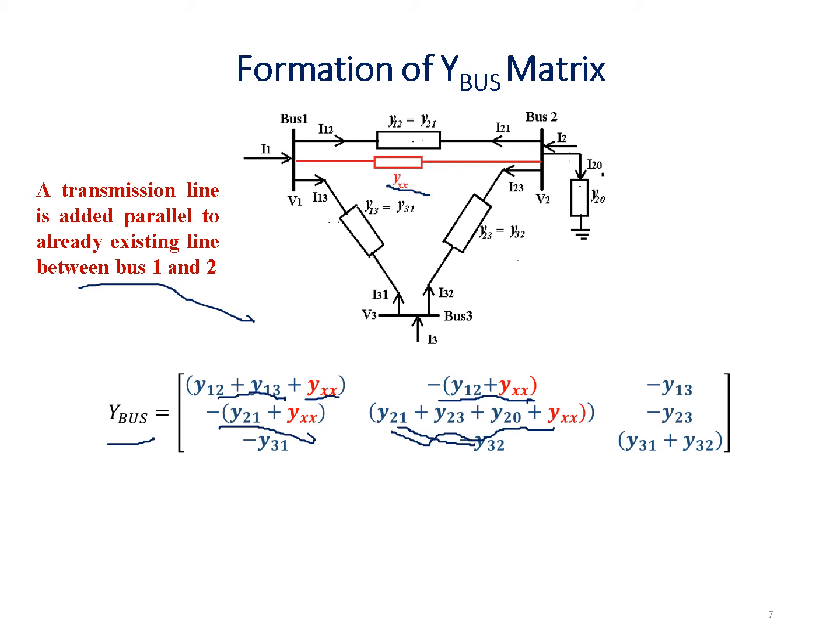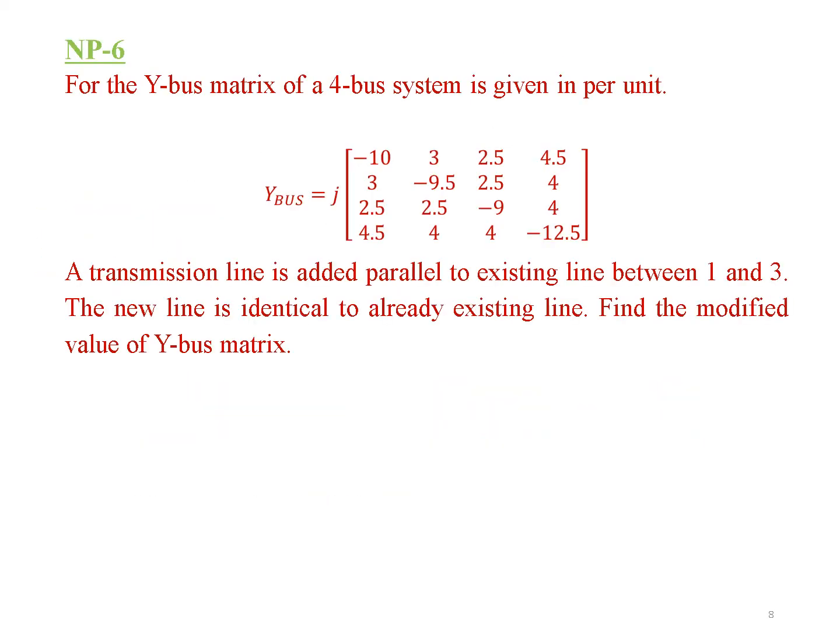This is easy to remember, and for quick reference, if a new line is connected between two buses, only those bus elements are modified in the Y bus matrix. By remembering this we can apply it: the change will affect only the elements where the new line is connected between bus 1 and 2, that is Y11, Y12, Y21 and Y22. Now the solution becomes easier.